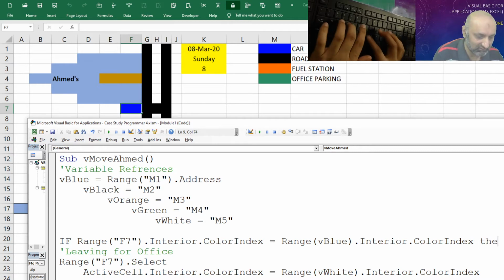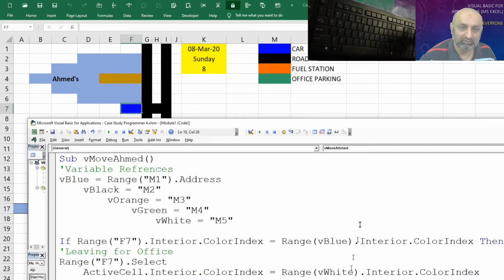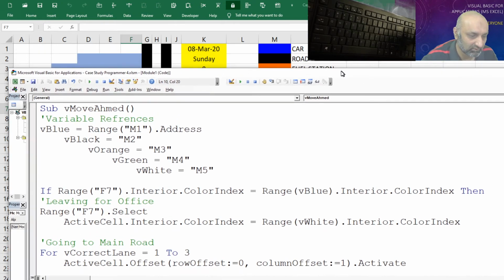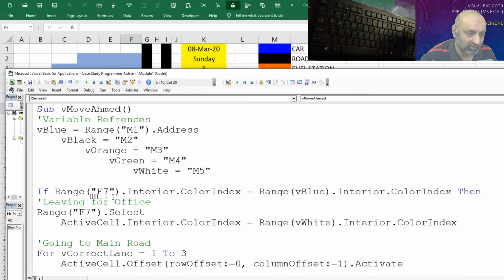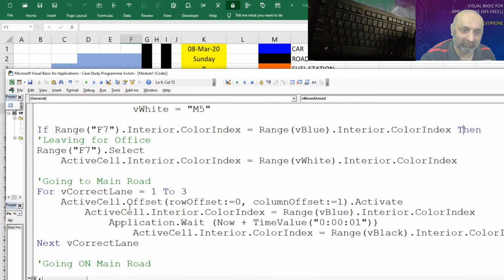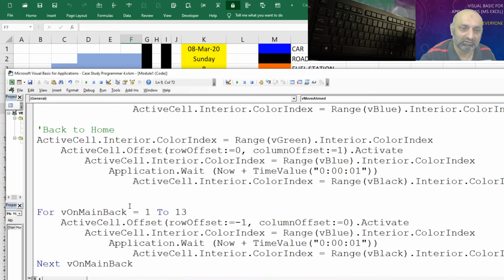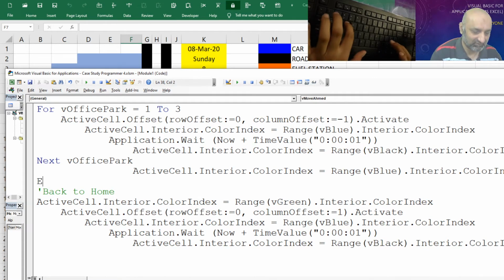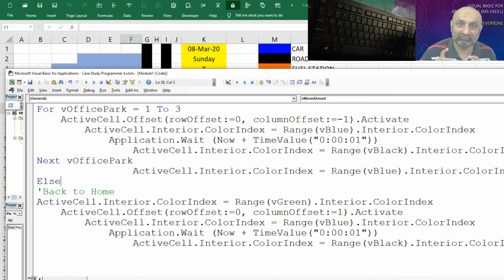If home parking is blue, then leave for office. Else, is where?